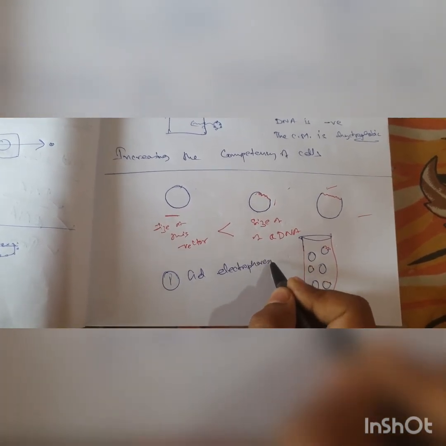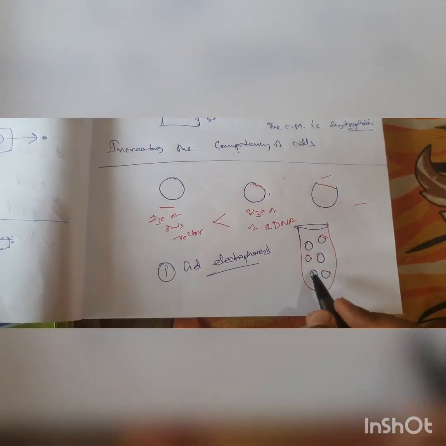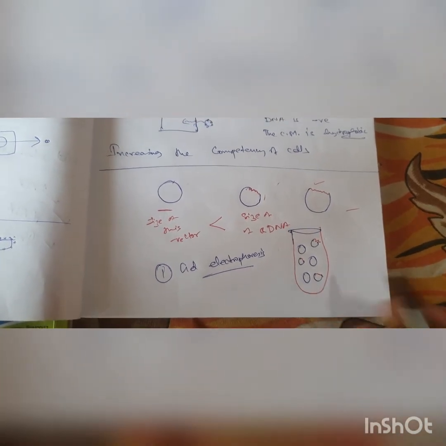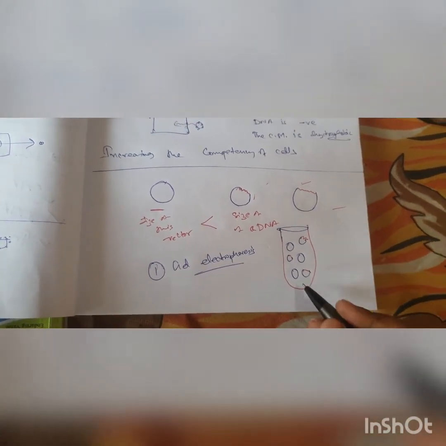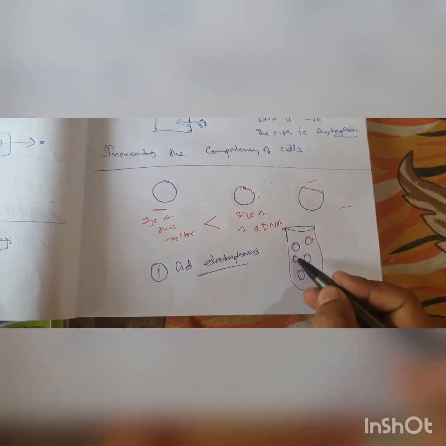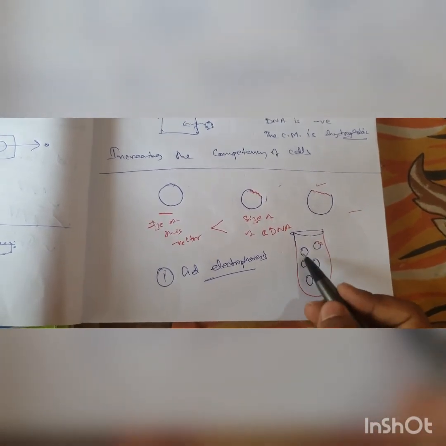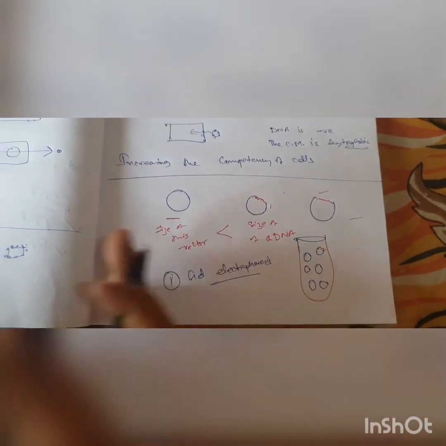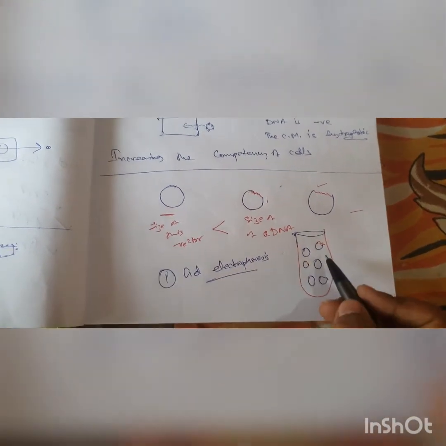Why gel electrophoresis? What will happen? If you run them, the circular ones run very fast, that is the first thing. But the ones which have not recombined and remained like that will go at the bottom, and these, because they are heavier, will stay at the top. If you have understood gel electrophoresis, you will understand this.